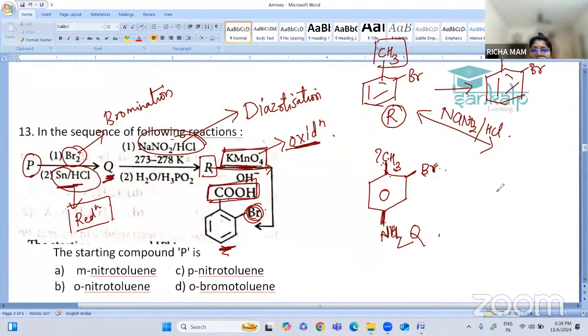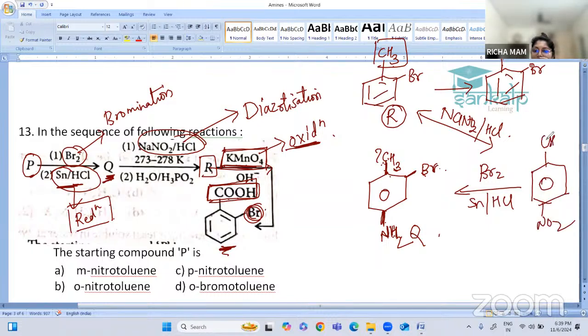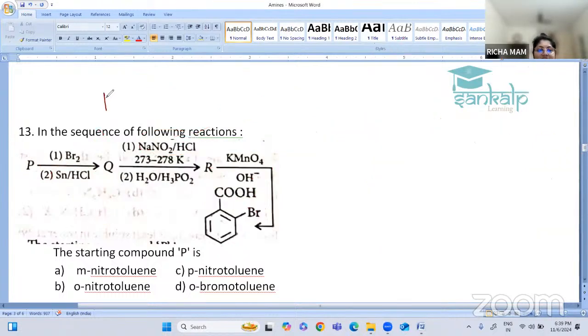Then before that, we have treated it with bromine and in the presence of tin HCl. So our compound will have a nitro group here. We are having a nitro substituted, para-nitrotoluene. If we take para-nitrotoluene, so let us see now. This is our nitro group, here we have para-toluene, and if we take para-nitrotoluene, okay,